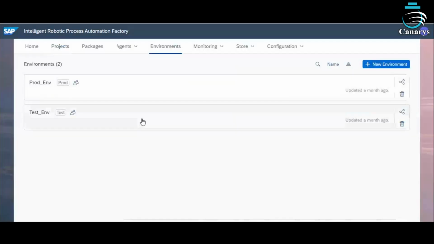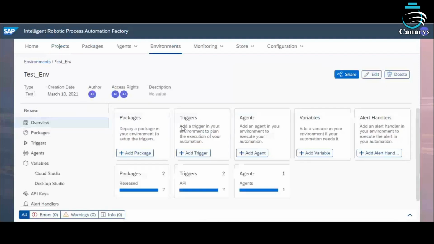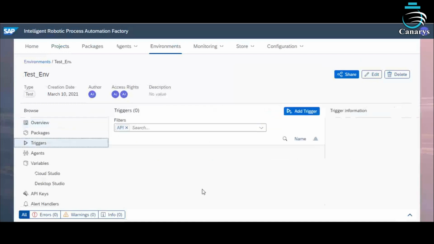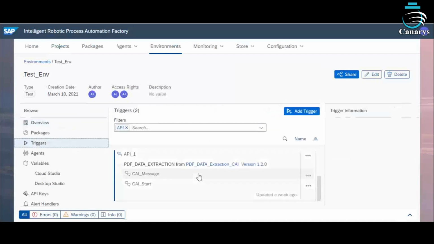So in the environment, I have released the SAP Intelligent RPA bot with API trigger. So for this API trigger, I have given two notifiers for conversational AI. Once when the SAP Intelligent RPA process starts, and once when it is completed successfully.